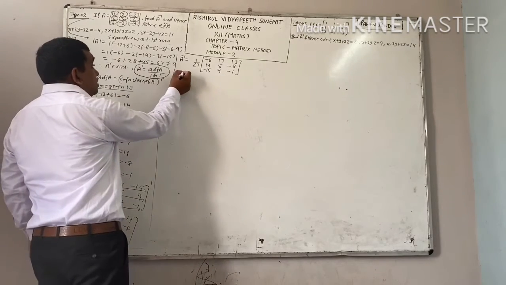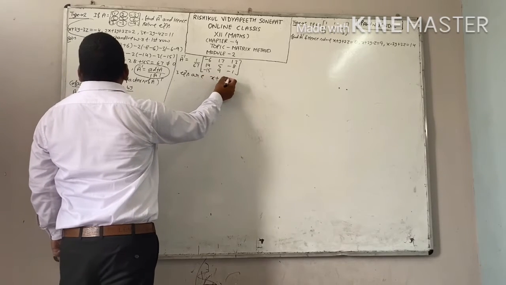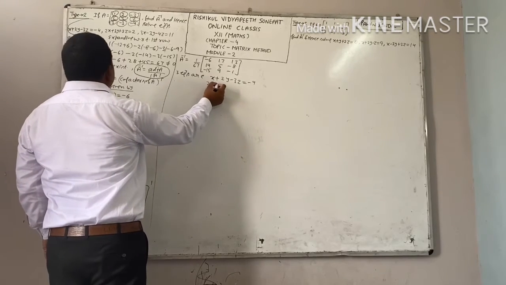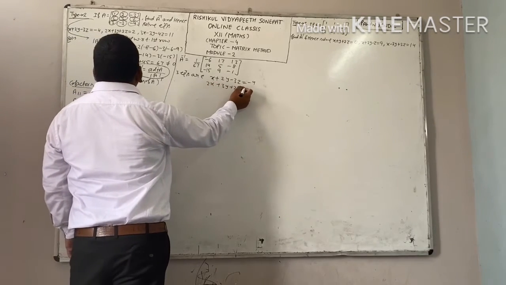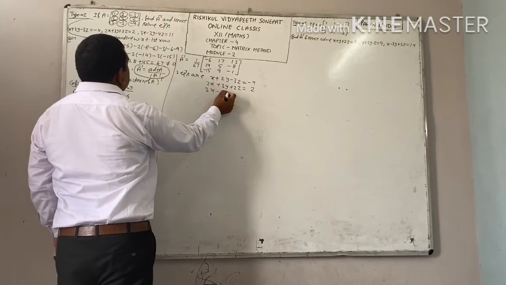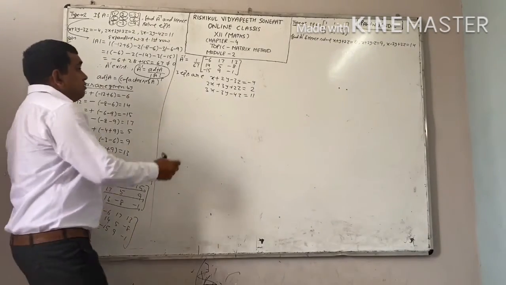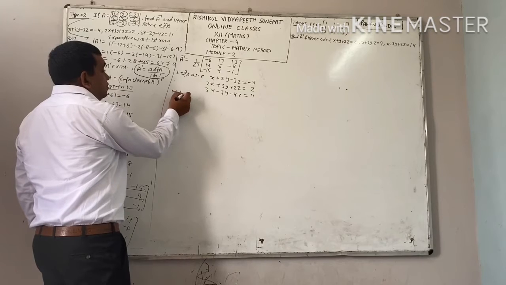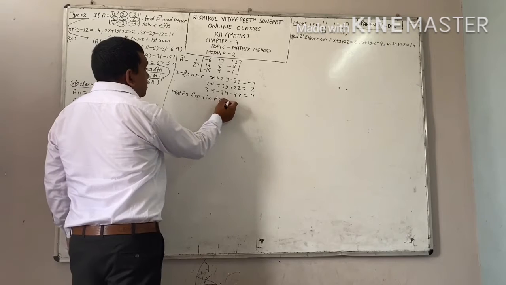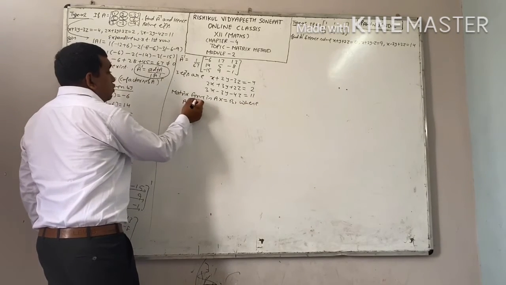I am writing three equations. Three equations are: first is x plus 2y minus 3z equal to minus 4. Second, 2x plus 3y plus 2z equal to 2. And last one, 3x minus 3y minus 4z equal to 8. First of all, we will write down the equations in matrix form. Matrix form we know very well. Matrix form is AX equal to B, where A is your coefficient of x, y, z.